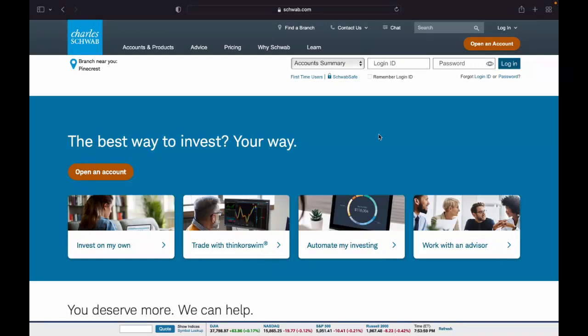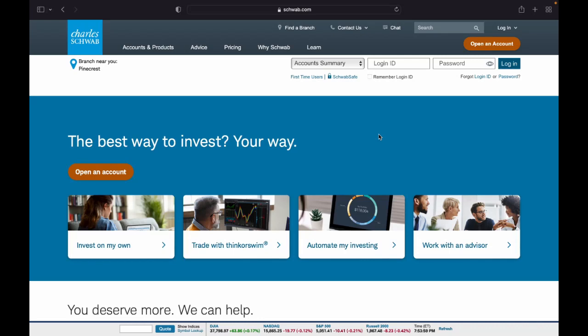In order to trade options, you're going to need a brokerage account. Some of the popular platforms that people use to trade options are Webull, Robinhood, and ThinkOrSwim. ThinkOrSwim was previously run by the brokerage TD Ameritrade. Charles Schwab bought out TD Ameritrade, and all of the accounts are in the process of converting over to Charles